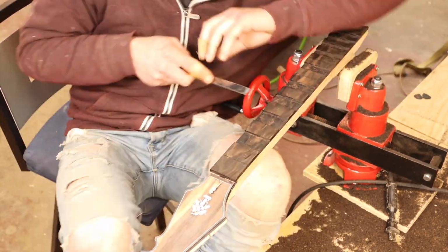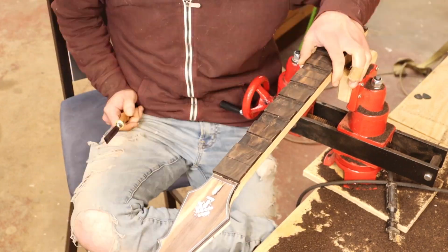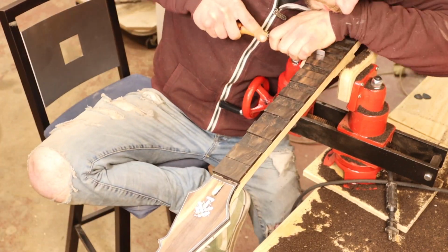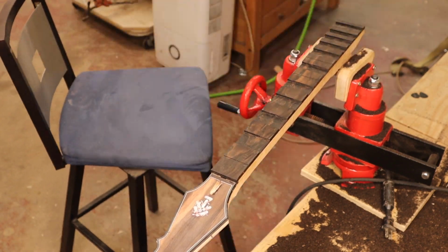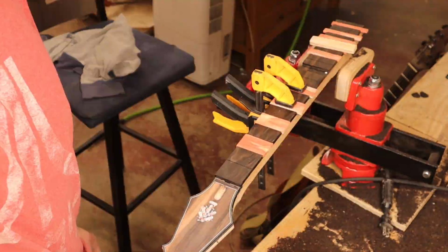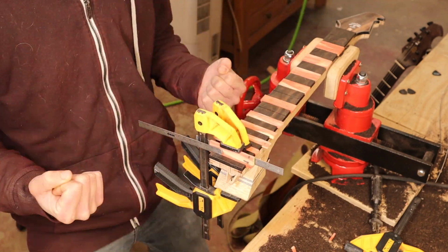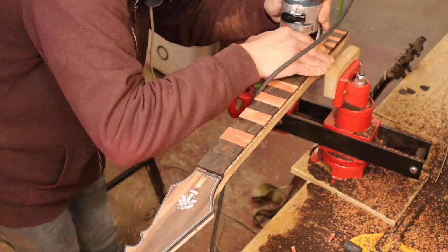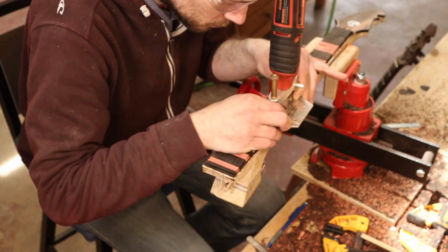So I removed most of the wood with the multi-tool there, and now I'm just cleaning it up. I left a little bit of the wood next to the fret slot to be cleaned up so that I don't hit a fret or anything like that, and make sure all the placement's correct. I then glued everything in with these 22 thousandths rulers to make sure that the fret spacing was correct, and then reslot everything. And now routing for purfling and binding, and